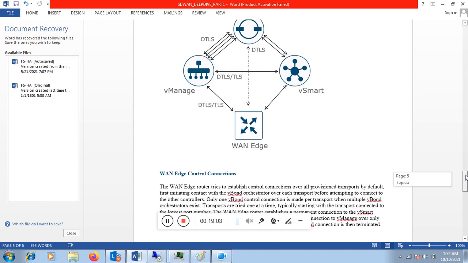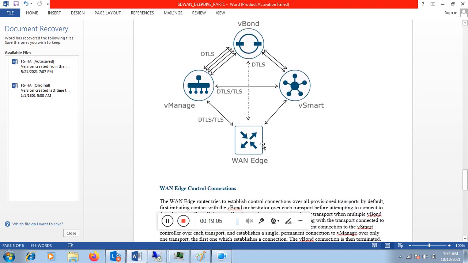Basically, as soon as the WAN edge comes up, it will first make a DTLS tunnel with the vBond over all the transports. Then once it is authenticated by vBond, vBond will provide the information about vManage and vSmart to the WAN edge. Then the WAN edge will form a DTLS or TLS tunnel with vManage and vSmart.